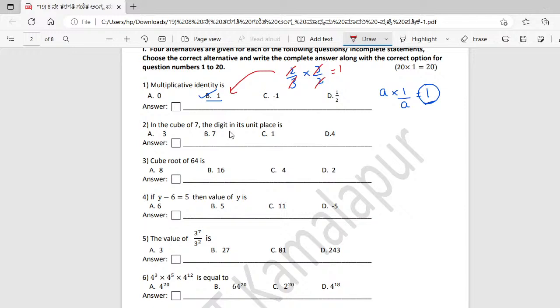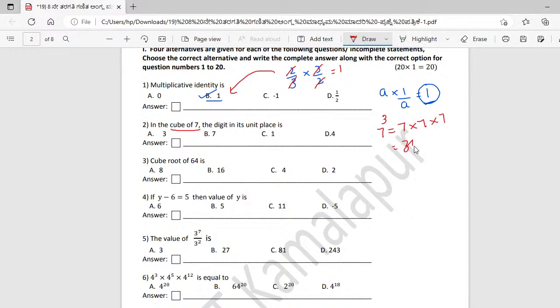We need to find out which will be the digit at the unit place when we take the cube of 7. Cube of 7 is 7 to the power of 3. So when we multiply 7 into 7 into 7, that is the way to find the cube. If you multiply 7 three times, what value are we going to get? That is our question. So multiply it, and we get the value as